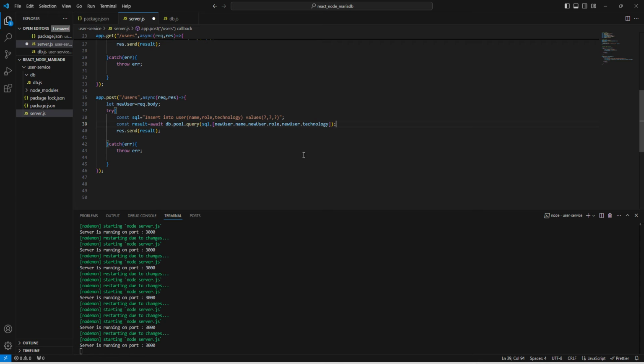Fine. So these are the input params which we are going to set in place of placeholders,